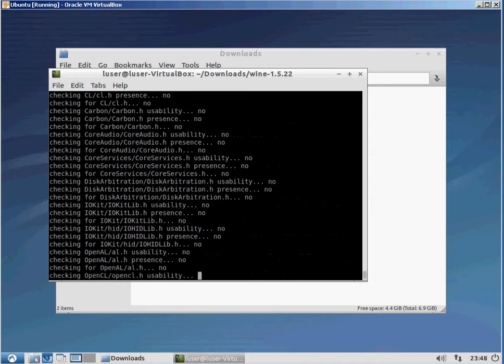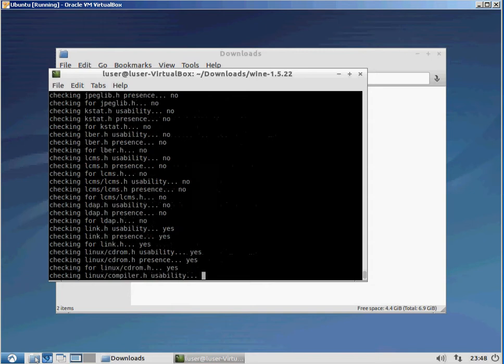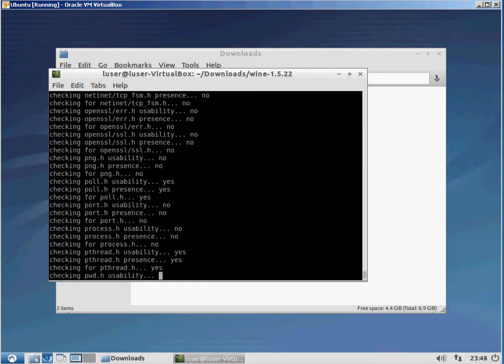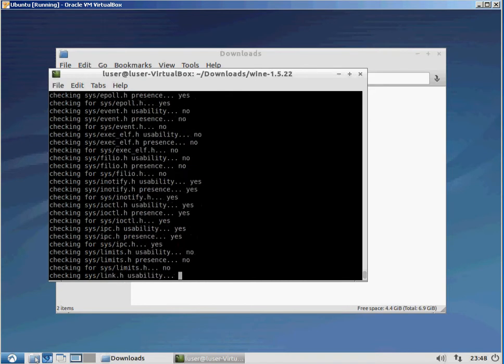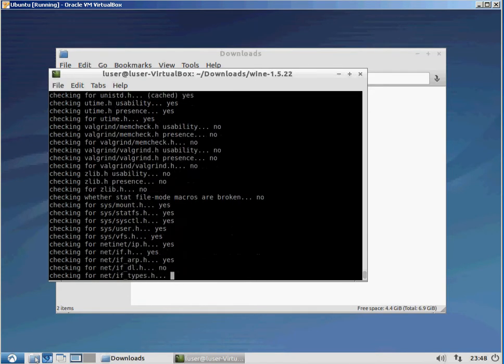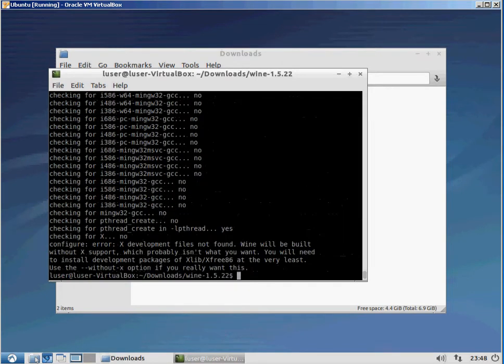Now I was testing this earlier, and I've installed a couple things like make and flex and bison and GCC. Those were several of the libraries or programs that we're missing. We're still missing G++, C++, CPP. There's a whole list of stuff, as you can see, that's still technically missing. And it says we're missing the X11